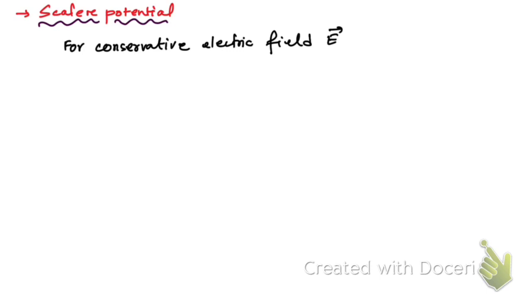Now you see, for a conservative field, del cross E, that means curl of E, is equal to 0. Now see how to obtain the scalar potential. Del cross means curl. I hope you know these things. If you are weak in vectors, then please go to the playlist and watch my videos on vectors. Now, curl of gradient